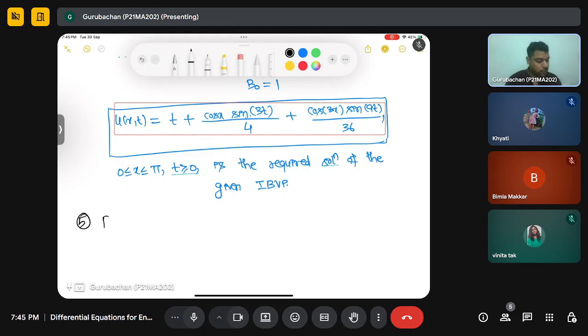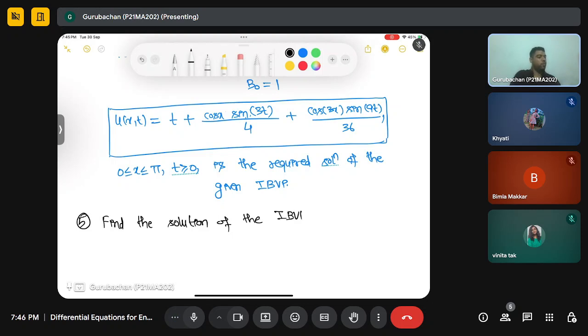So it is like this: find the solution of the initial boundary value problem given as u_tt minus 9 u_xx equal to 0,